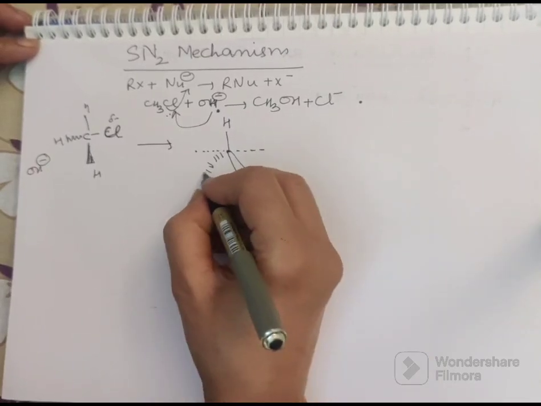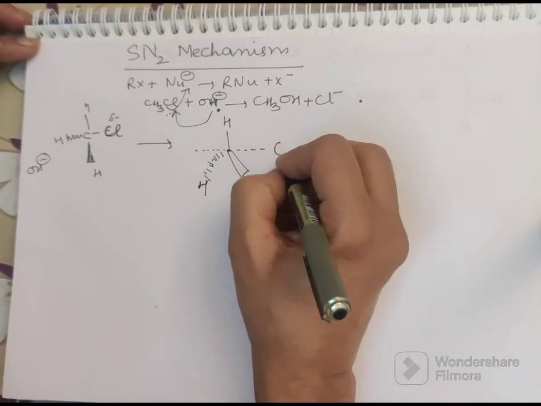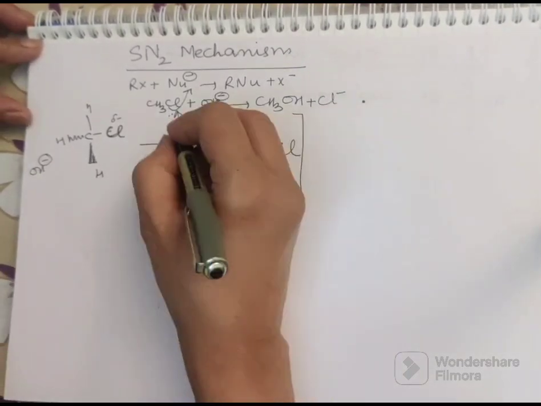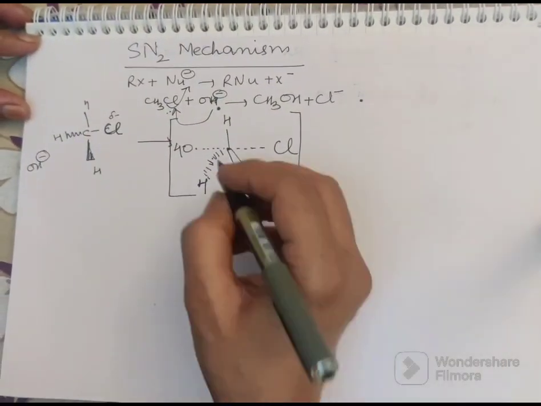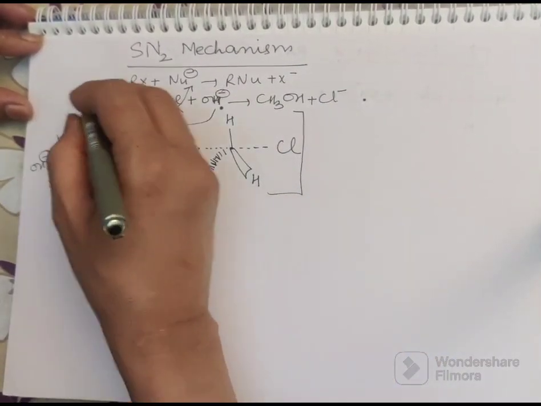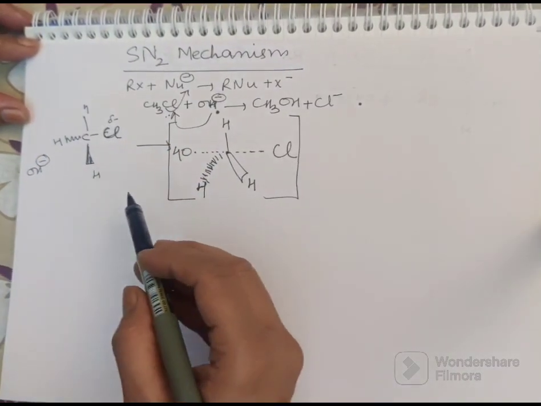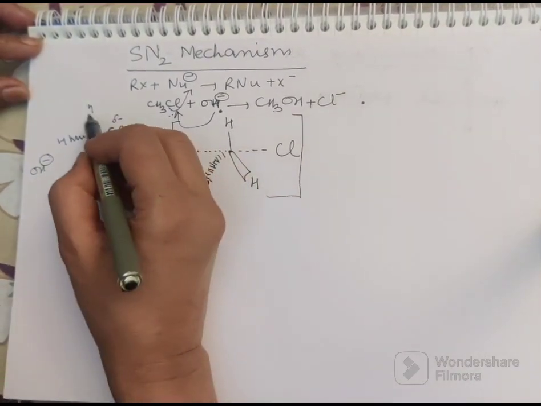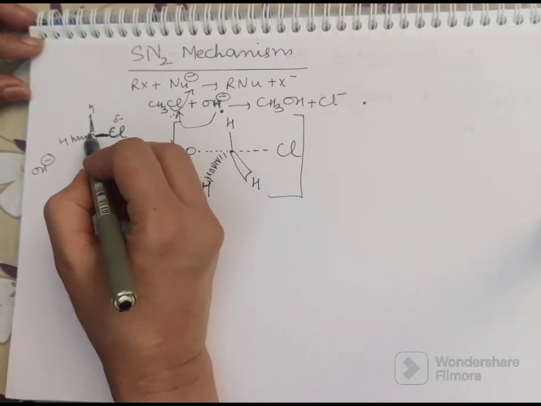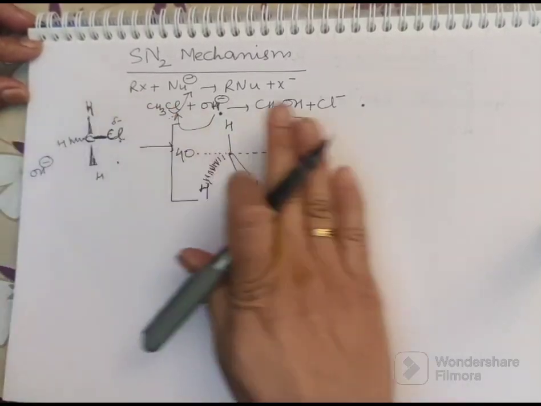See what happens in this. This is H, this is H, this is my Cl, and this is OH. Now this is a transition state which is unstable, but yes, it is still formed. What does the structure tell us? This is a three-dimensional representation of the compound. These two straight, normal lines mean the carbon atom, hydrogen and this chlorine atom lie in the plane of the paper.